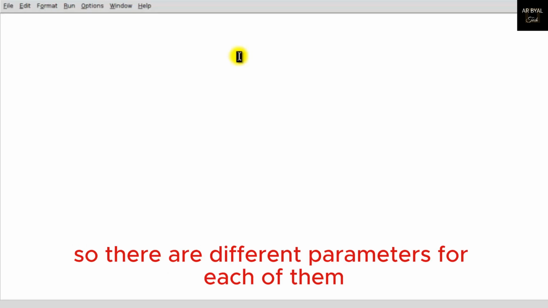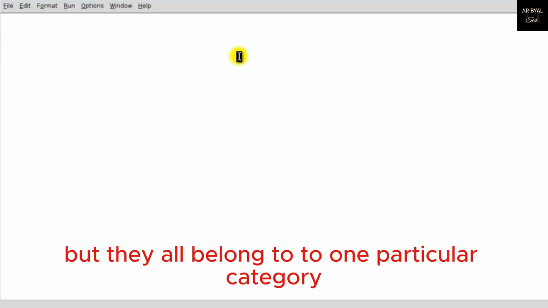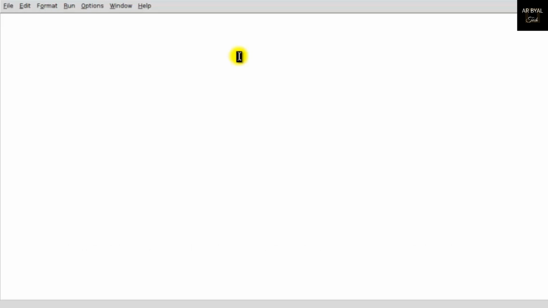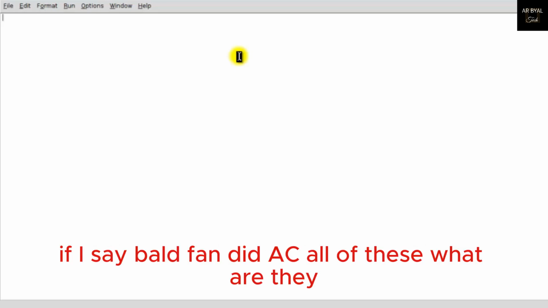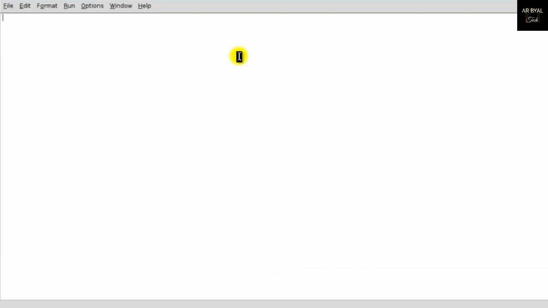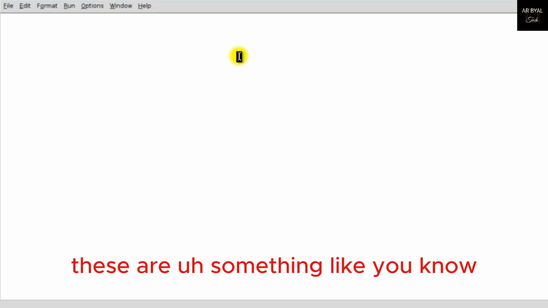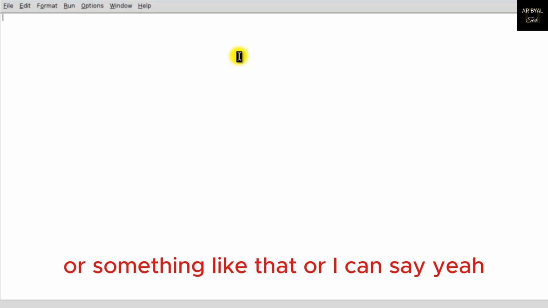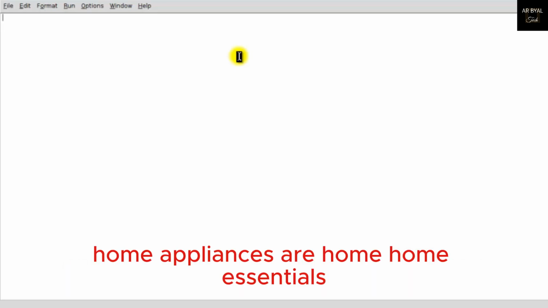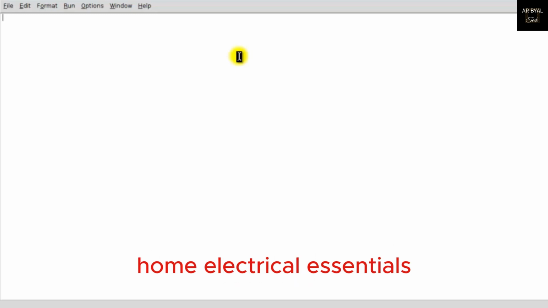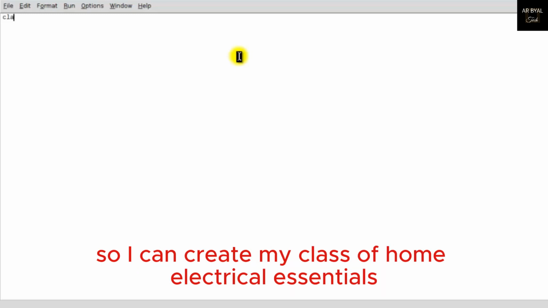So there are different parameters for each of them, right? But they all belong to one particular category. If I say a bulb, fan, AC, all of these, what are they? I can call them home appliances, or home essentials, home electrical essentials. So I can create my class of home